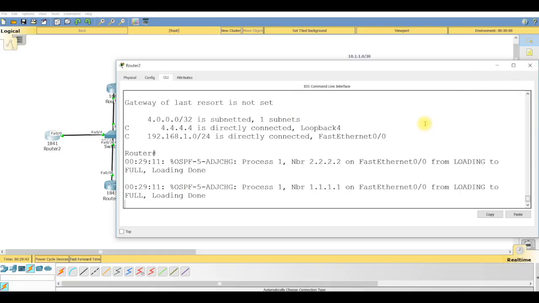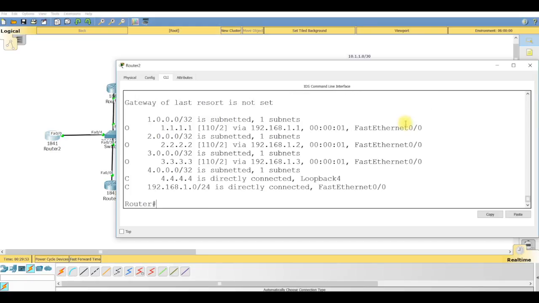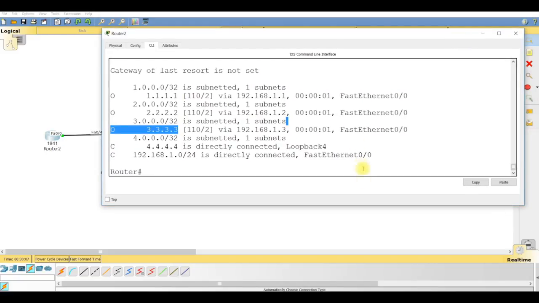Yep, there we go. OSPF is not the quickest. BGP is slower than OSPF, but hey, we make do with what we have, right? That's one of the things you learn in IT: patience, patience, patience. There it is. Okay, so OSPF is working, but what we need to know is, who is the designated router and